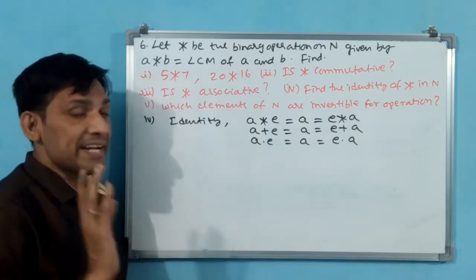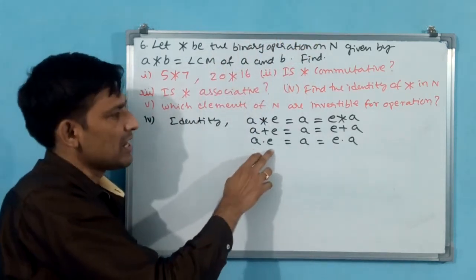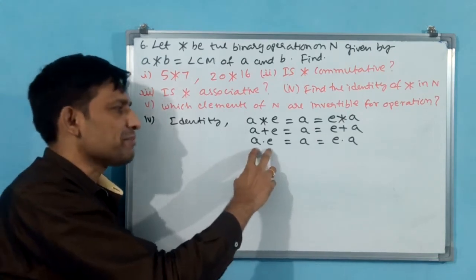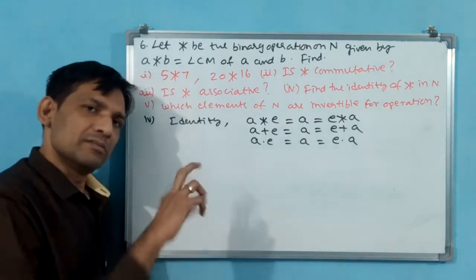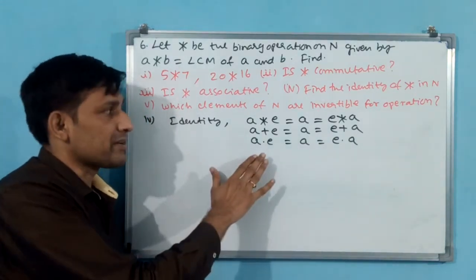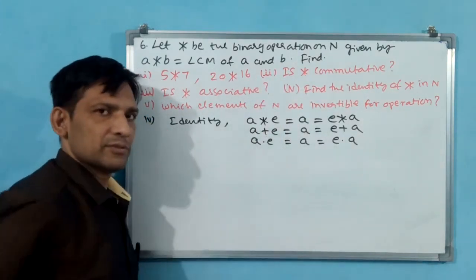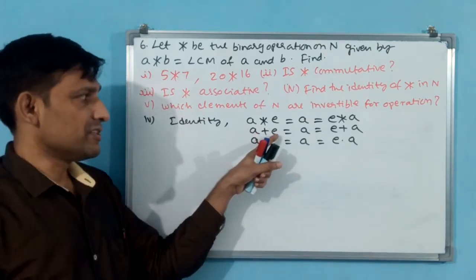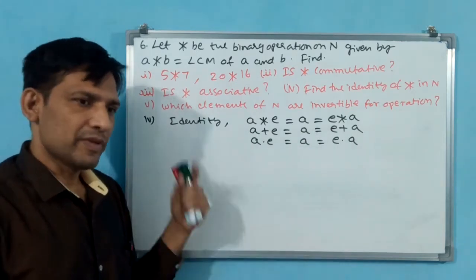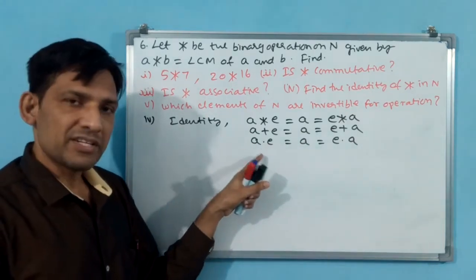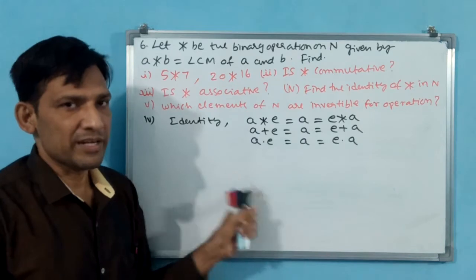See here, what is identity? A is a number, any number. In natural numbers N, A you can take any number. E is the identity. If you multiply, then A only has to come. Here I am talking about multiplication, I have not gone to LCM. This was the concept. Here addition: if you make addition of this A with that identity, then the same number has to come both ways, A plus E or E plus A. For multiplication, A into E or E into A. Everywhere the result should come A only, the same number has to come.